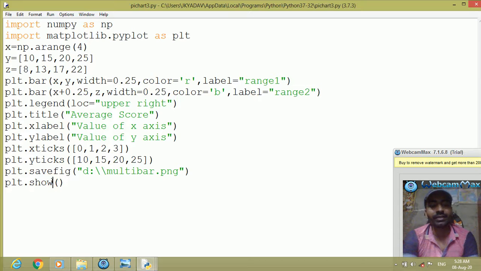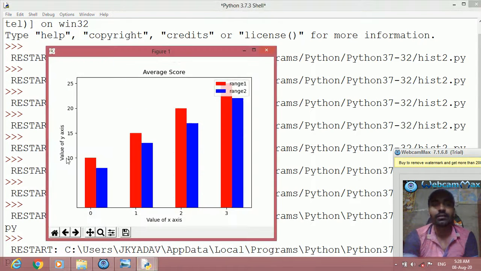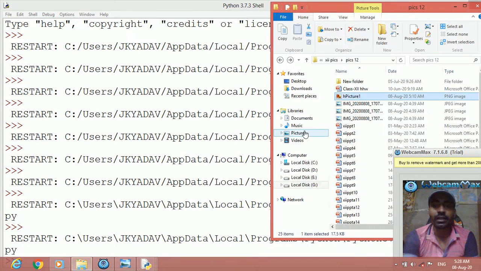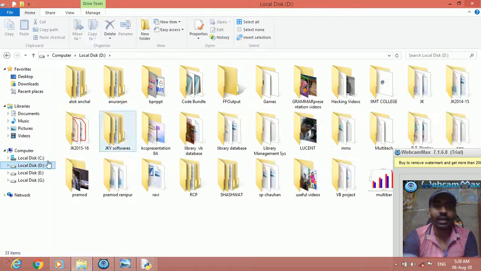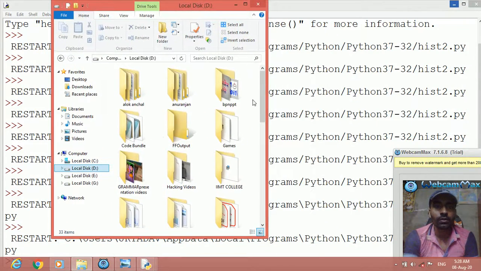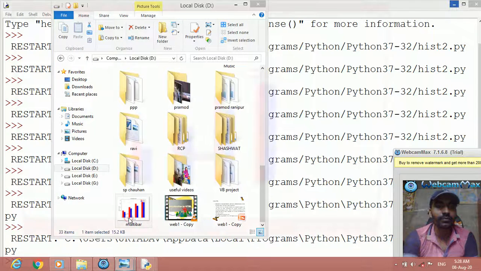Now save it and execute. You see the chart here after execution. Now if you want to see this figure that has been saved in the D drive with the command, open the D drive. Let us open the D drive here in Computer, Local Disk D, and you can see here the multi-bar chart.